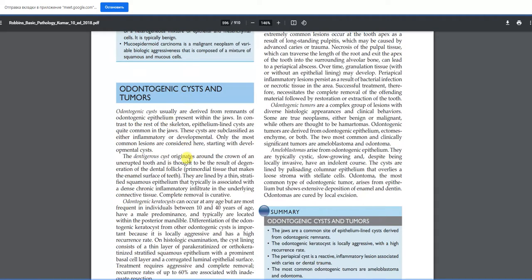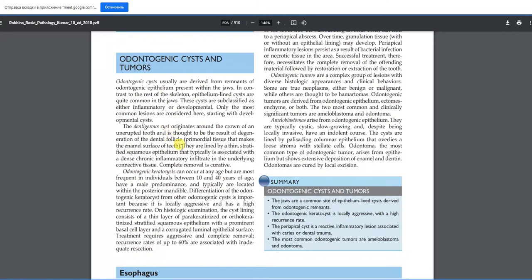Odontogenic cysts and tumors. So odontogenic cysts are derived from remnants of odontogenic epithelium, they're present in jaws, and the epithelium-lined cysts are quite common in jaws. These cysts are subclassified as either inflammatory or developmental. Only the most common lesions are considered here, starting with developmental cysts. Yes, it's explained here, but you don't have to learn it, so just skip it